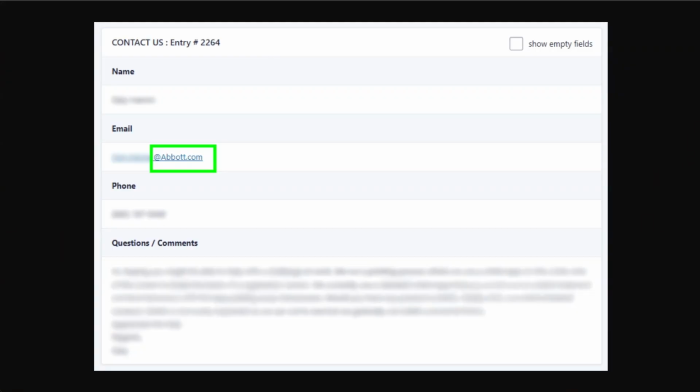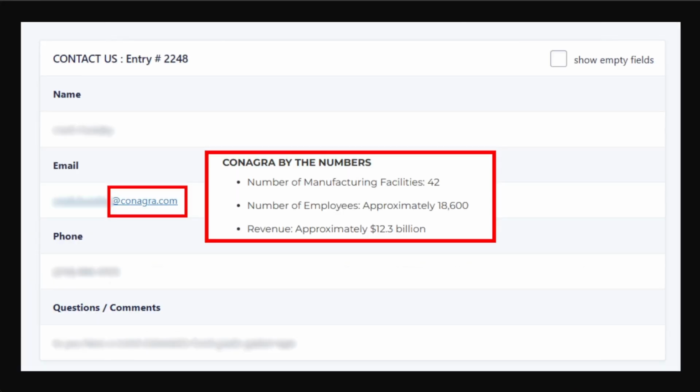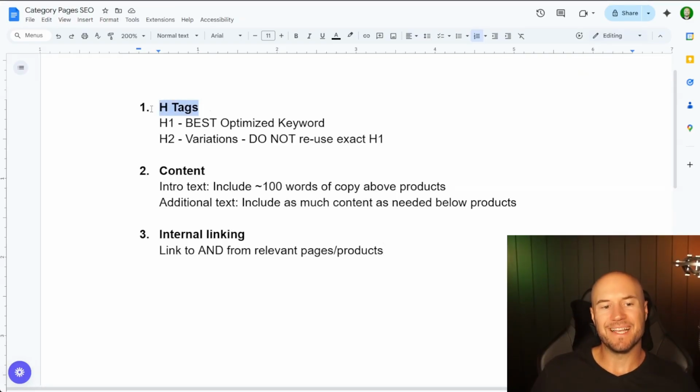These quote forms came from category pages that most people completely mess up. Abbott, ConAgra, NASA, SpaceX. I'm going to show you the 3 optimizations that made these happen. The 3 big factors are optimizing the H tags correctly on your site, adding optimized content, and internal linking within